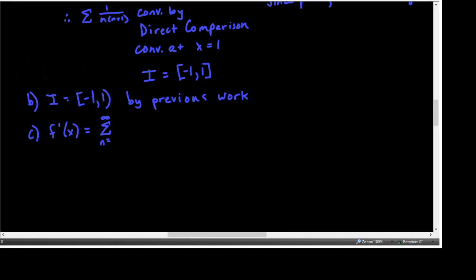It's going to bring the n down and reduce the power by 1, divided by the constant that was already there, because the constant could have just come out of the integral, and that simplifies to be n equals something to infinity, just plain old x to the n minus 1. Okay,